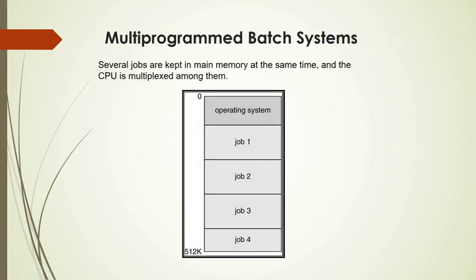Next, let us go to multi-program batch system. In case of multi-program batch system, you can see again the same concept. A part of the memory is reserved for the operating system. When you switch on the system, the operating system is loaded. That is the first process or the first program that will be loaded onto the system. So in this main memory, there are 4 jobs: 1, 2, 3, 4. And the concept of multi-programming is that the CPU switches from one job to the next job, then to the next job, and then to the next job.